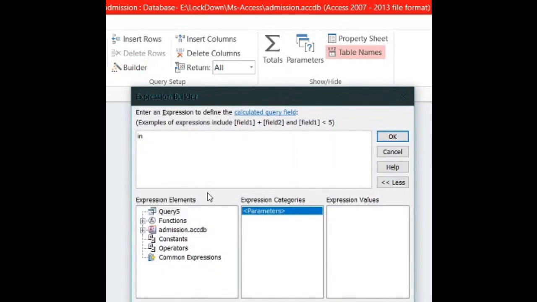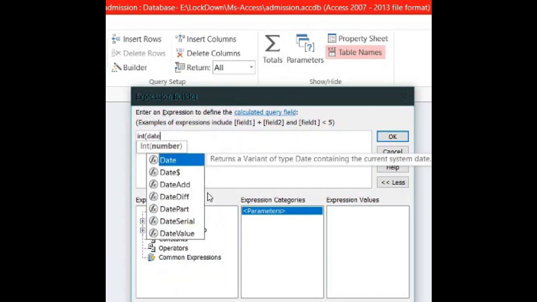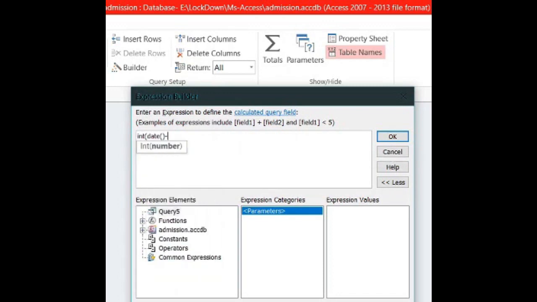Specify your expression, integer of current date minus date of birth. Remember, the existing field must be specified in square brackets, then the whole divided by 365 and then the final bracket.